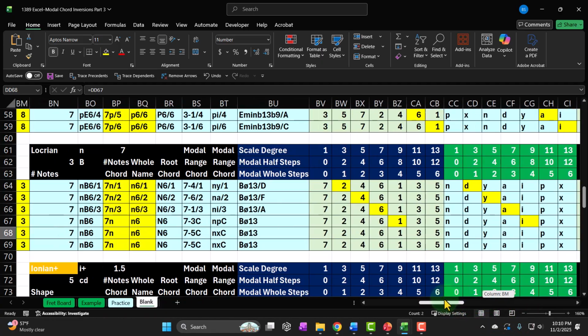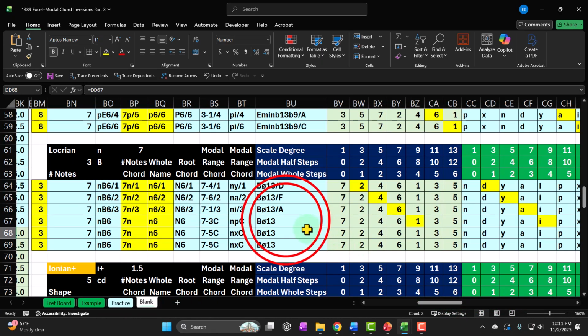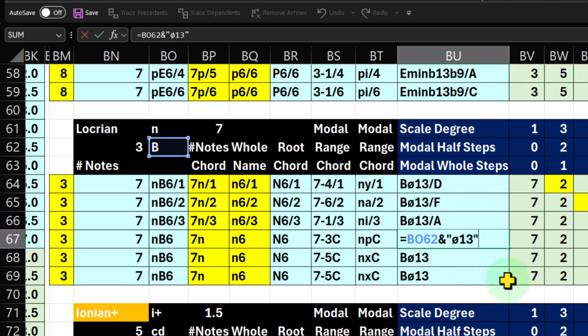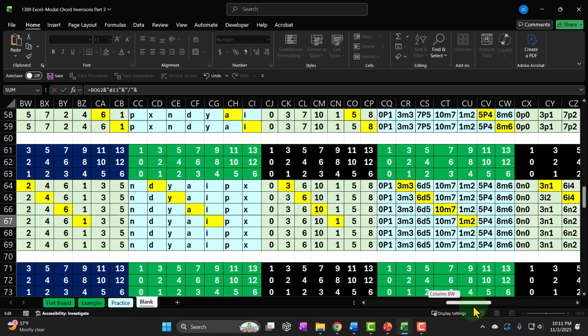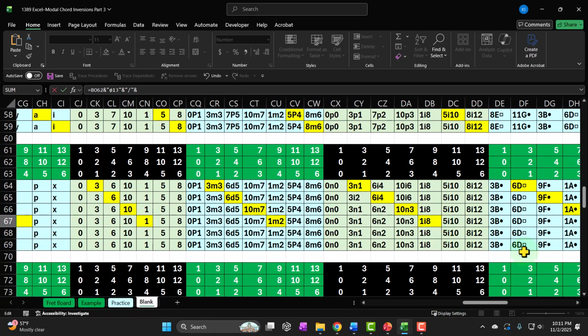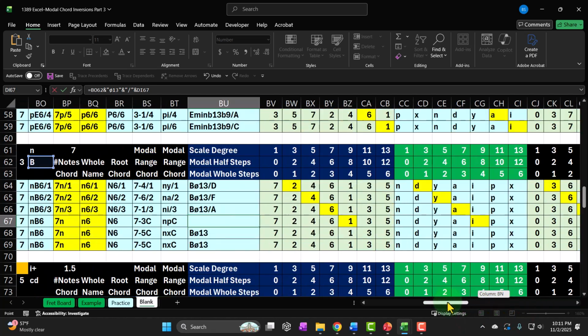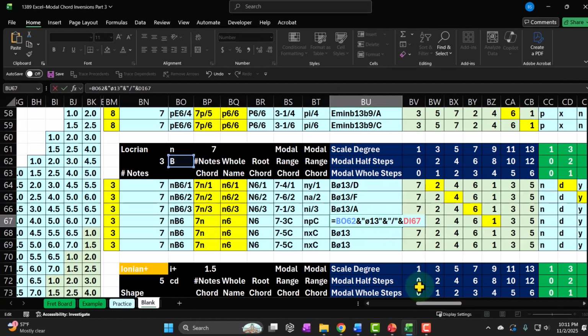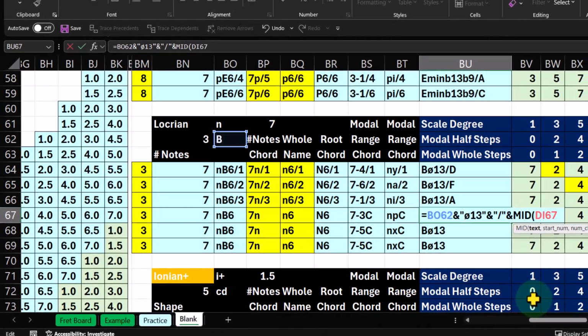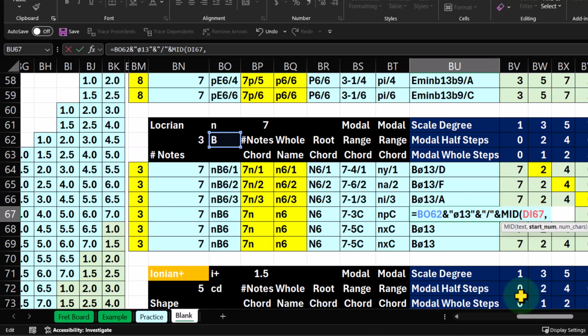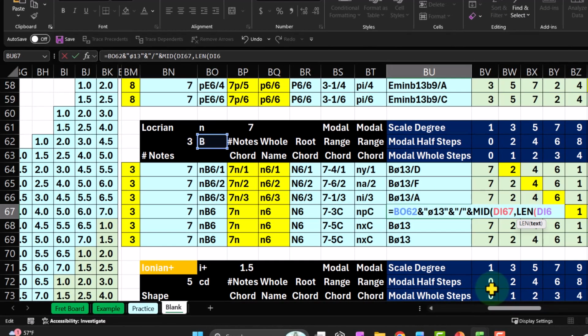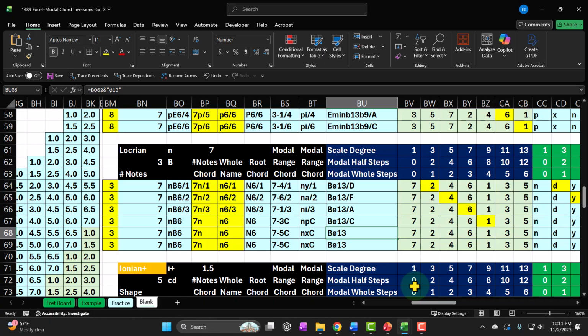You're not shoehorning. You're just building off node 6, node 3. Here we go with the node next one. We're going to say this is going to be in quotes slash in quotes, and then the next note for the normal naming convention would be that C. All right, and then I'm going to say let's extract it by saying mid tab of that, comma, LEN tab DI67, close it up, -1, comma 1, close it up. That'd be a B half diminished